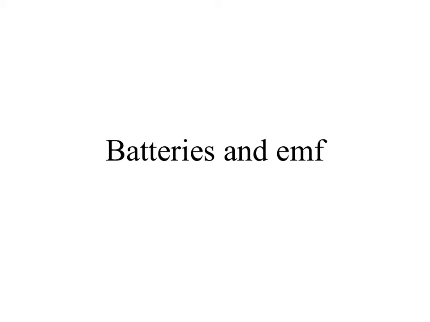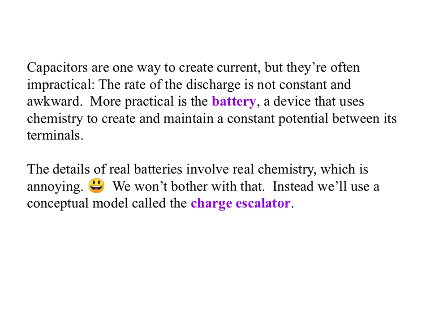Today we talk about an important technical device which is used in circuits pretty reliably, called batteries, and we'll talk about this weird word which I'm not going to even talk about right now. Capacitors are one way to create current, but they're often impractical. The rate of discharge is not constant, and it's usually kind of awkward to find, and they generally run down pretty quickly. Much more practical is the battery, a device that uses chemistry to create and maintain a constant potential